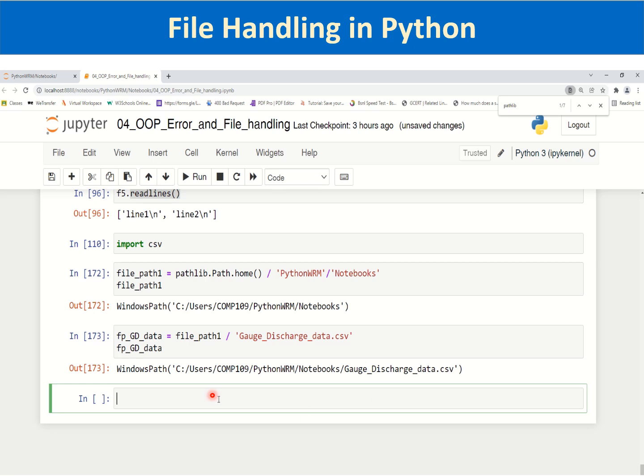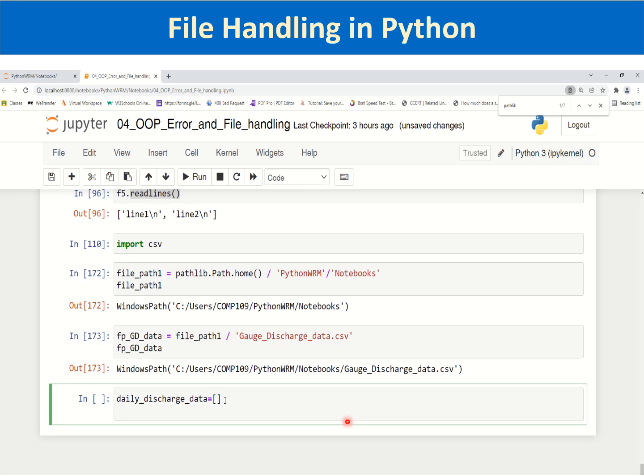Now in the first method we make use of the csv.reader method, sorry. As it creates a list of values, we initially create an empty list, daily discharge data. Then we make use of